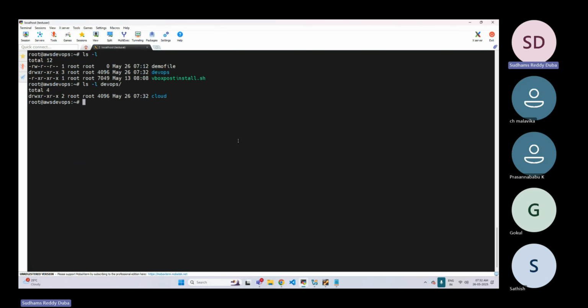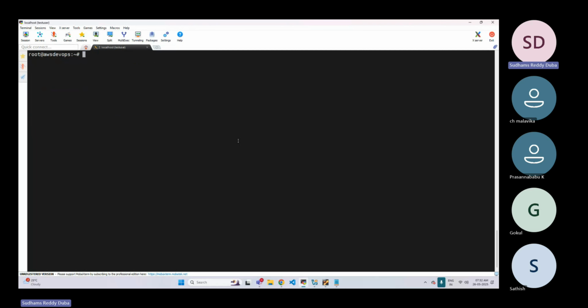Under DevOps, we have the cloud directory, and under the cloud directory we have these three files: AWS, Azure, and GCP. Done. Now, there will be a requirement where you want to apply the changes only to this directory, not to the subdirectories and the files under it.